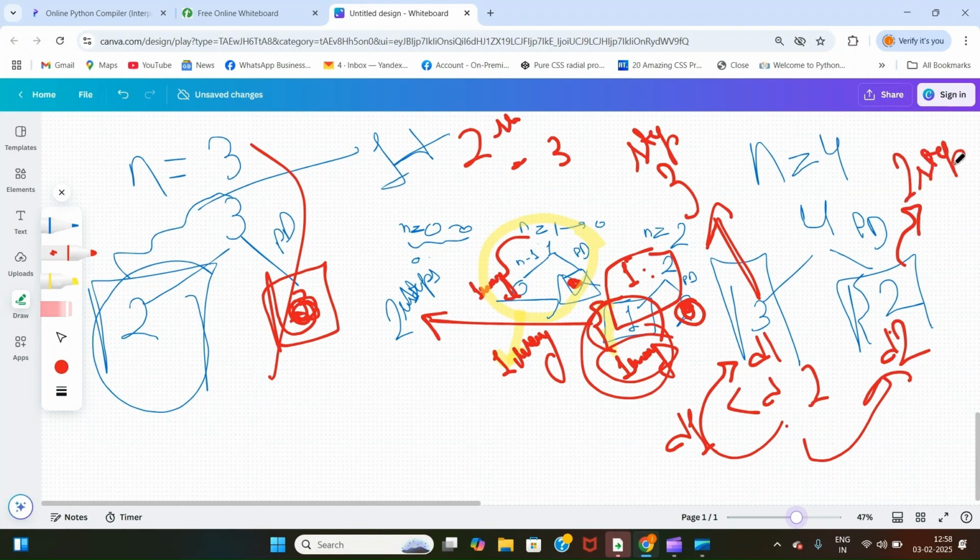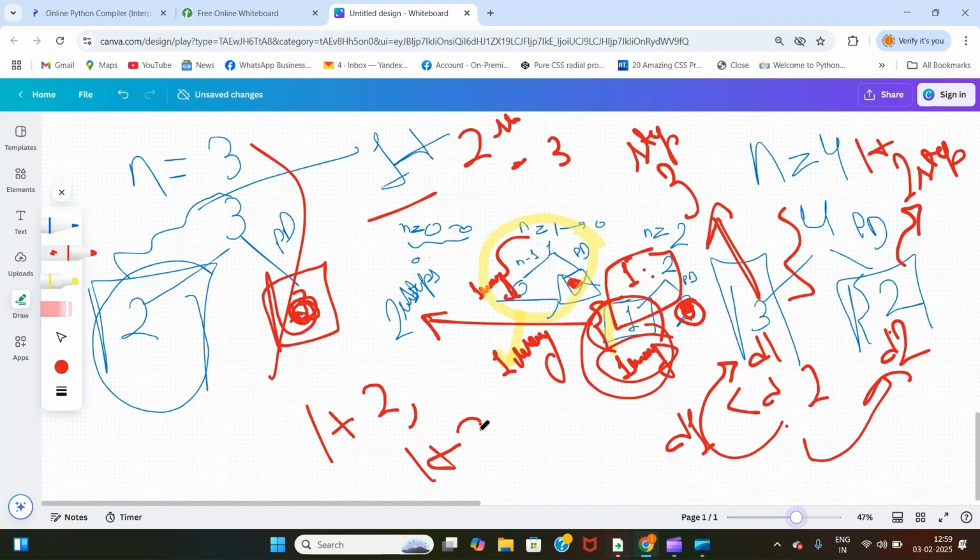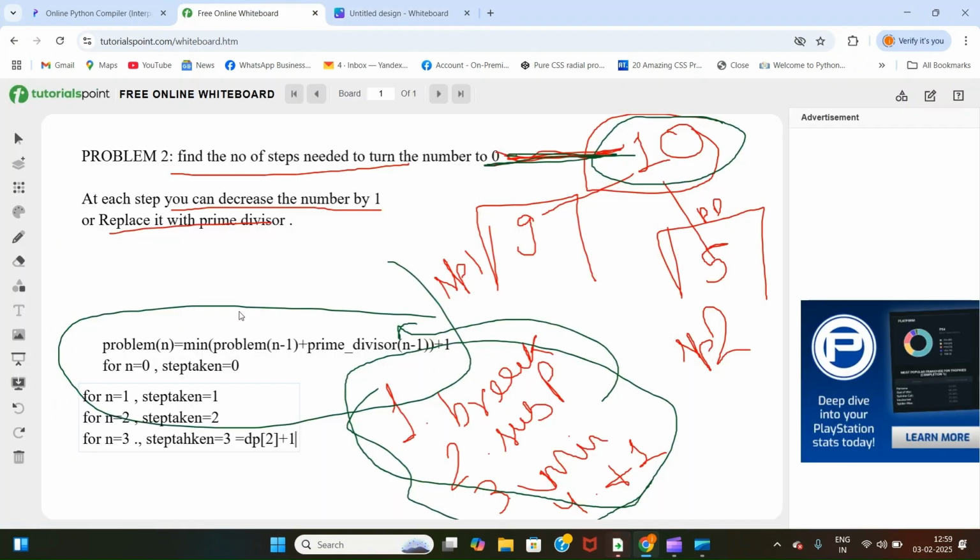Okay. And the final concatenation is for this fourth. Like 4 wants to reach 3 sub problem and 4 wants to undergo the 2 sub problem. So this is the first step, that is 1 plus. So 1 plus 2 and 1 plus 3. So out of 1 plus 2 and the second one is 1 plus 3, which is small? This is small. 1 plus 2 step is small. So I will be writing for